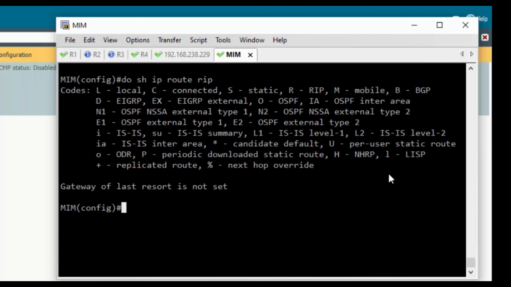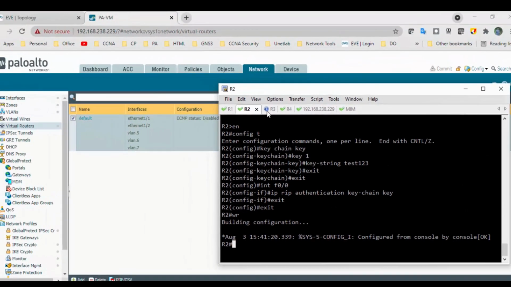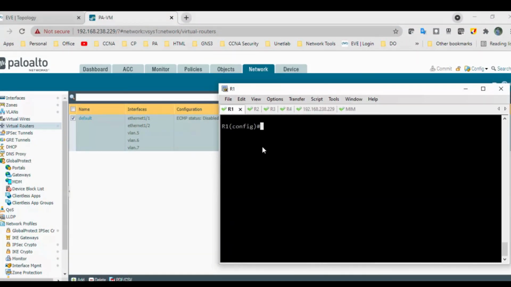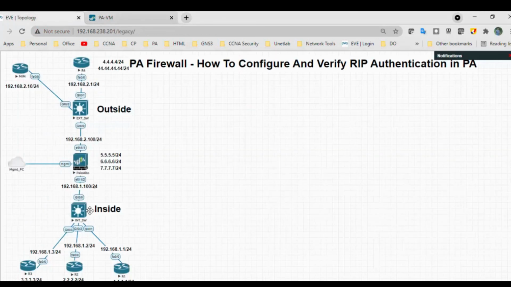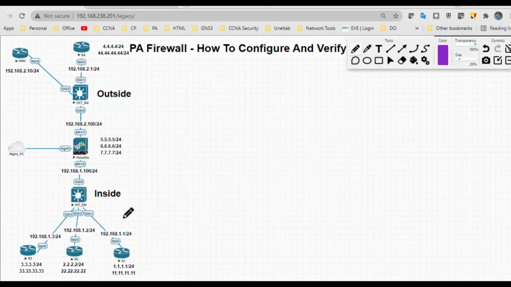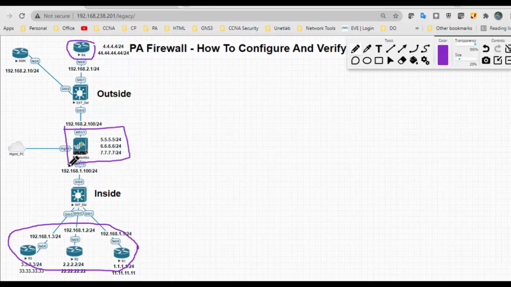The authentication profile is very important, because with this we can stop man in the middle attacks. Just to summarize, we have configured the authentication profile in all the routers, 1, 2, 3 and 4, and we have configured the routing authentication profile and attached it to the interfaces in the Palo Alto firewall.